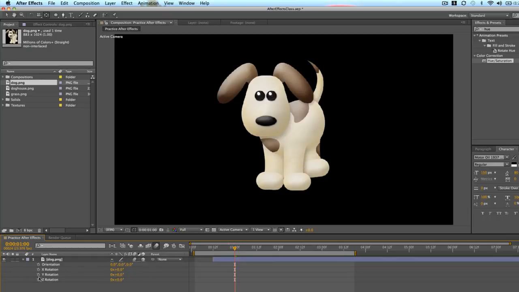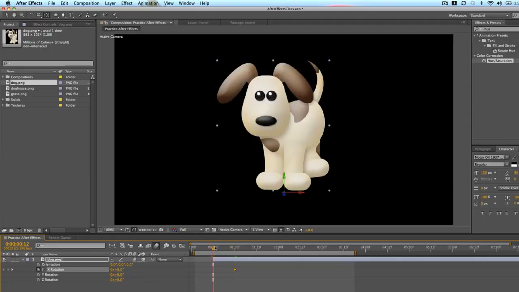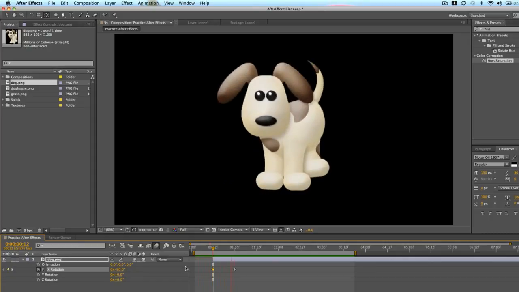So let's set a keyframe right there at 1 second, and then back half a second earlier. We will rotate him backwards about -90. We'll see what this looks like. So now Fido is kind of popping up, and this is a cool effect,